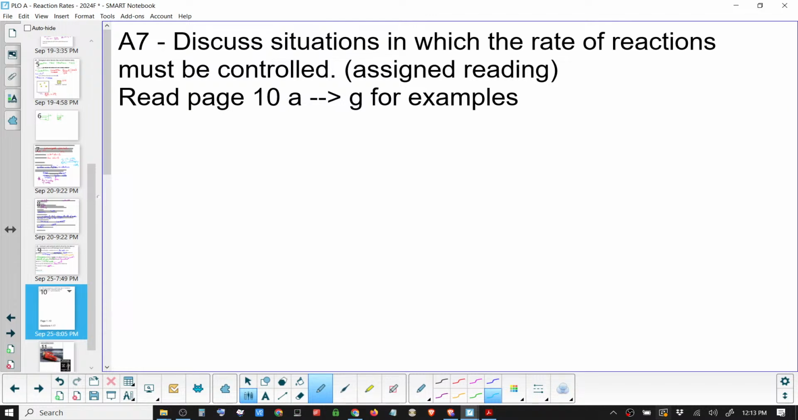Read page 10. So this is an assigned reading. I want you to do that in prep. And it has things like,